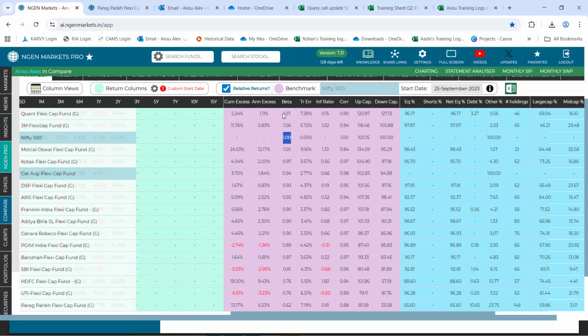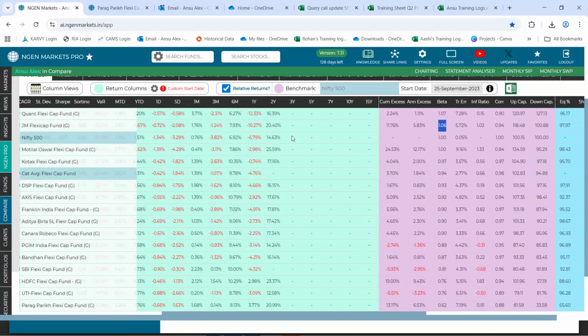Looking at the beta parameter, we could see that Quant and JM Flexi Cap are two such funds whose beta in the previous 2 years that we have set is in fact a bit higher than that of the benchmark, which is to say that they are taking higher risk than the benchmark.